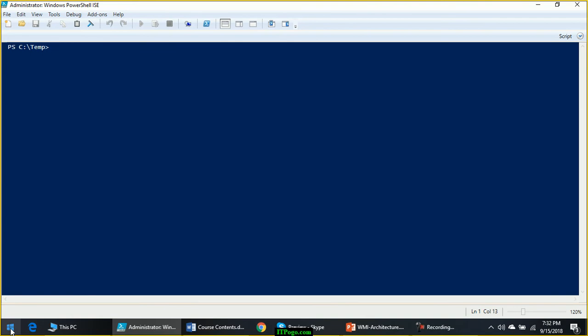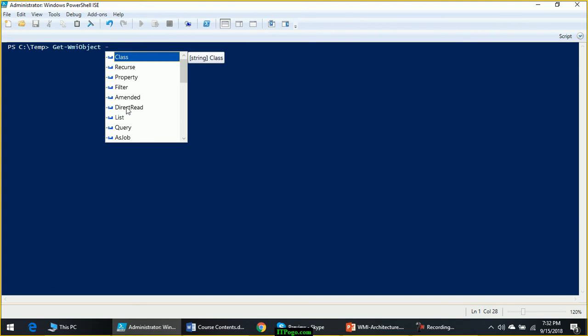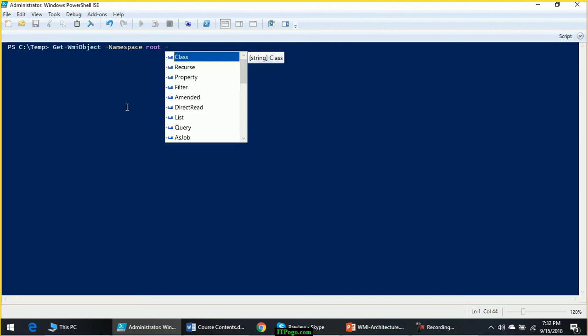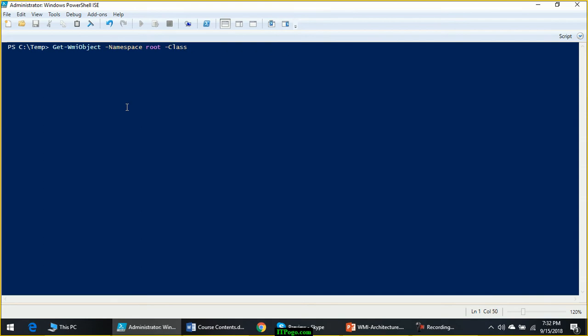Let me show you. The command is Get-WmiObject -Namespace root. This is like a folder. Under that there will be subfolders. And here the class will be __NAMESPACE.